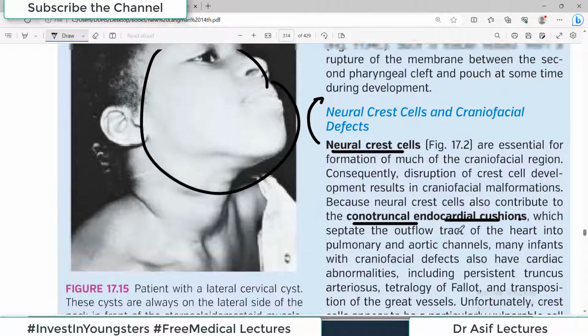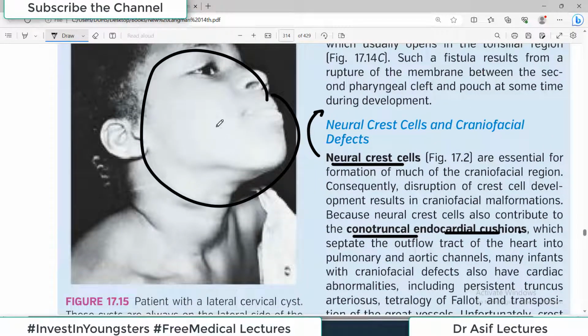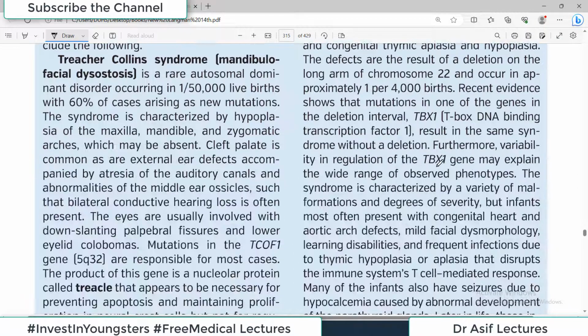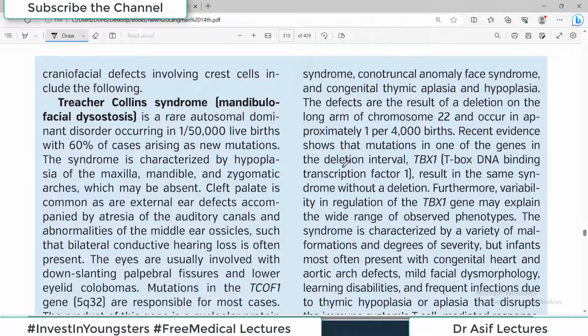प्रॉब्लम्स भी होंगे, because there is a craniofacial defect, जिसका मतलब ये कि न्यूरल क्रेस्ट सेल्स में कोई न कोई प्रॉब्लम है। तो भाई न्यूरल क्रेस्ट सेल्स जो हैं वो कार्डियक डेवलपमेंट में भी बड़े इंपॉर्टेंट हैं। So if you are seeing a patient with craniofacial abnormalities, always suspect cardiac abnormalities as well. That's an important hint. ओके, अब फिर कुछ इन्होंने सिंड्रोम्स बताए हैं।